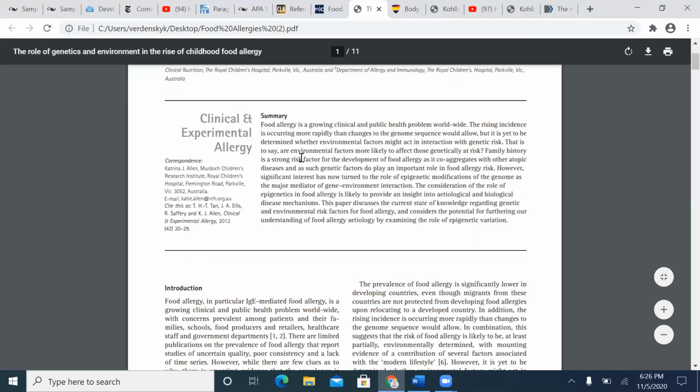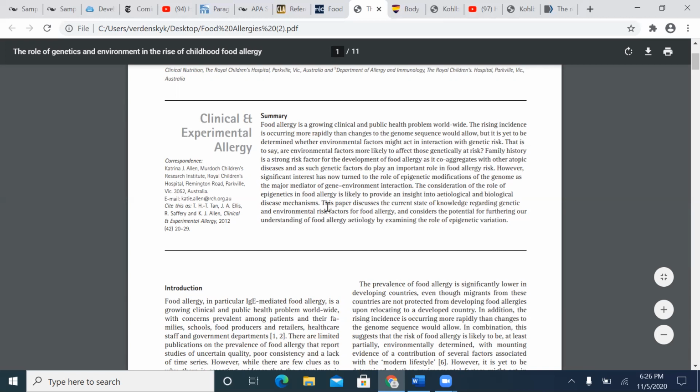Family history is a strong risk factor for the development of food allergies, as it co-aggravates with other atopic diseases. And as such, genetic factors do play an important role in food allergy risk. However, significant interest has now turned to epigenetic modifications of the genome as a major mediator of gene-environment interaction. The consideration of the role of epigenetics in food allergy is likely to provide an insight into the etiological